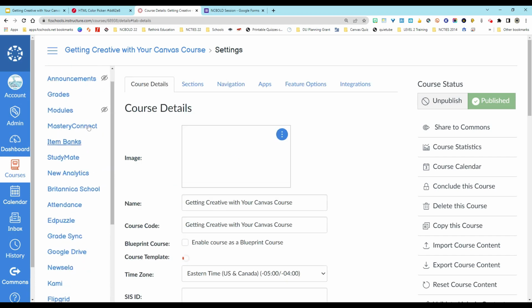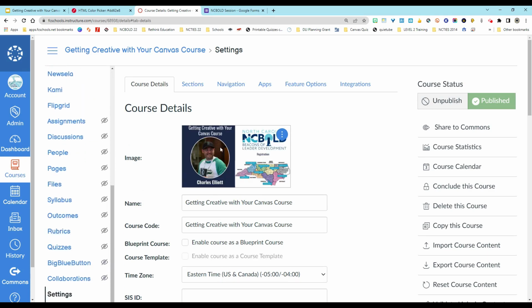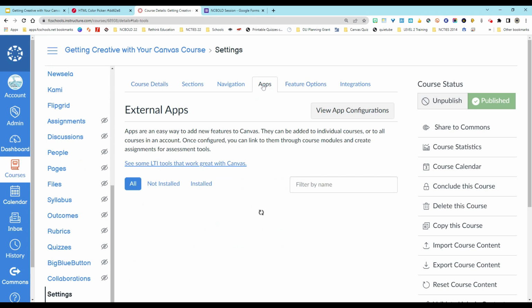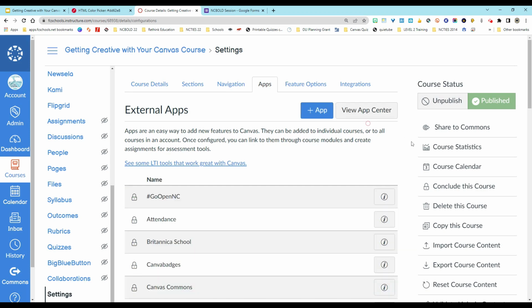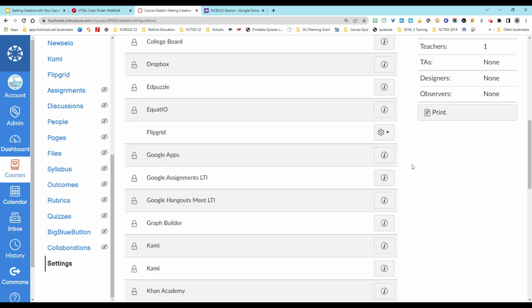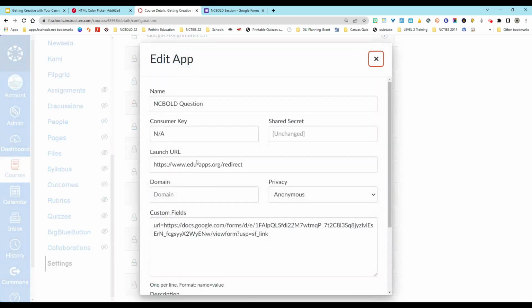It would not exist. Now let's say I made a mistake, right? And I don't want it to show on my navigation at all. So I'm going to go into apps this time. And right here is a view apps configuration button. I'm going to click on view app configurations. I'm going to go down and find those apps. And you'll see here's NC bold question. Right? Not only do I want to edit it